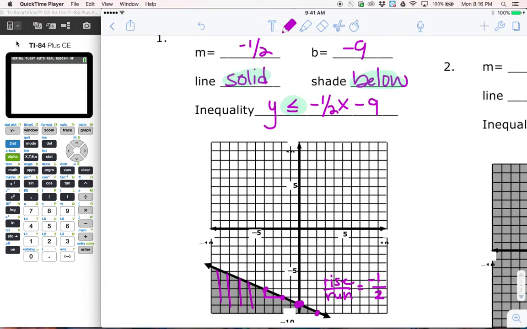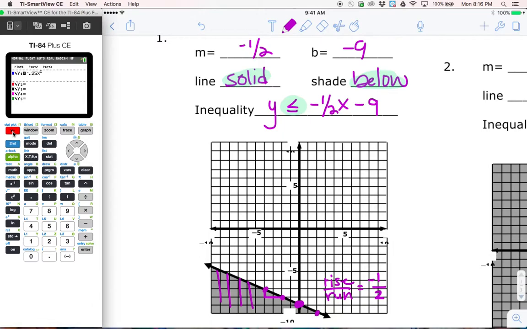Just kind of a cool way I wanted to show you guys to double check your answer with the TI-84 plus. And it doesn't have to be the color TI-84 plus. If you go ahead and go to y equals, I'm going to type in this equation that we just got. So negative, I'm just going to do 0.5 to save time, x minus 9. All right. Now, if you highlight this line symbol right here and just click until we see it shaded below,